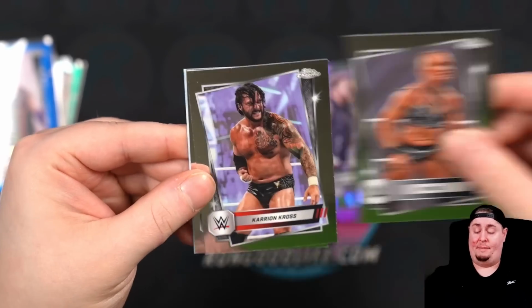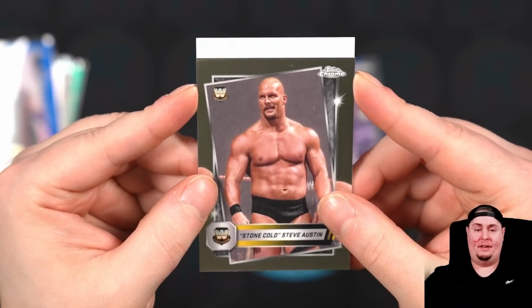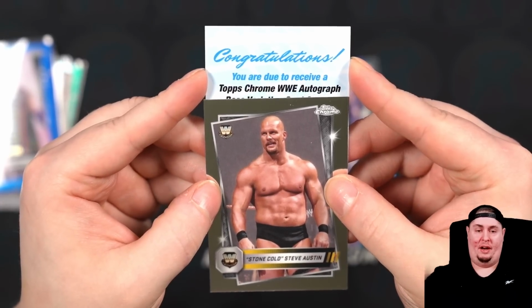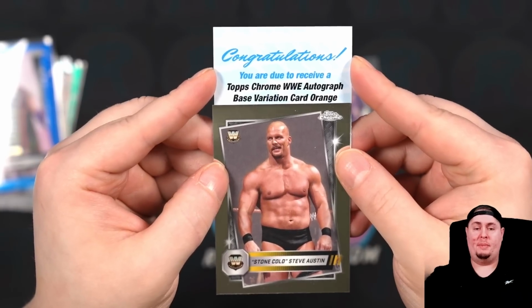Final year as an active member of the roster. He's carrying Cross or Stone Cold, and this could be a big redemption right here. Due to receive a Topps Chrome WWE autograph base orange. Orange should be to 25